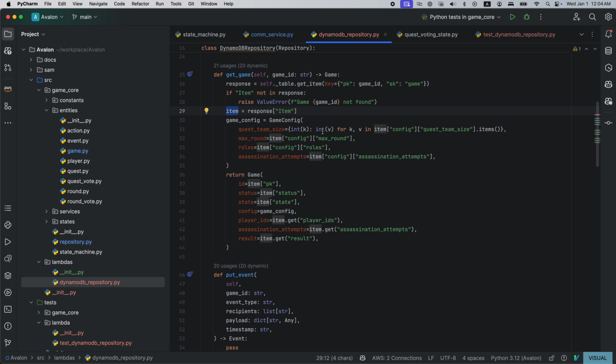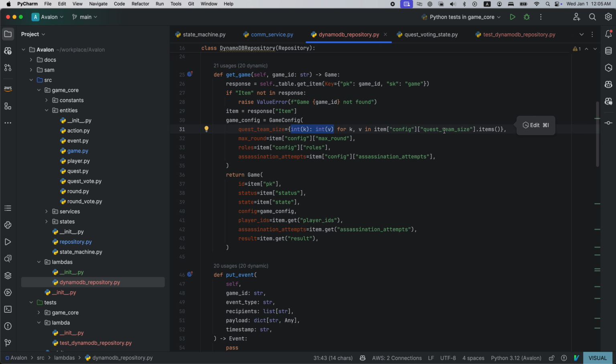And in the repository, the repository is responsible for creating an entity provided by the game core, because again each database has a different implementation. One example, as you can see here, is that the quest team size is an int to int map, or dictionary in Python.